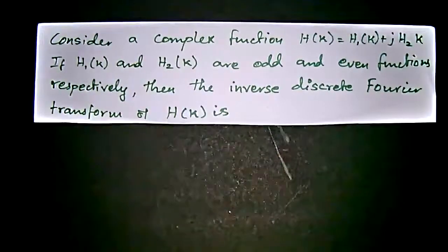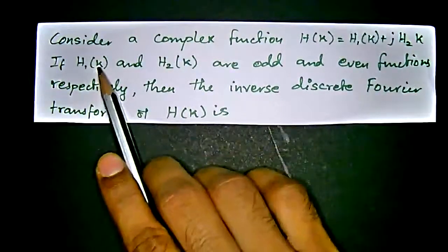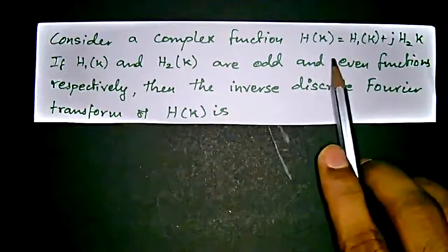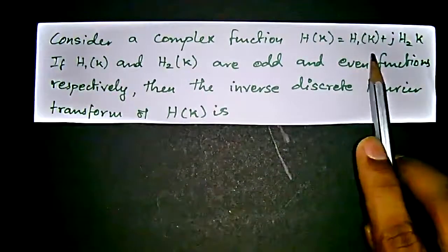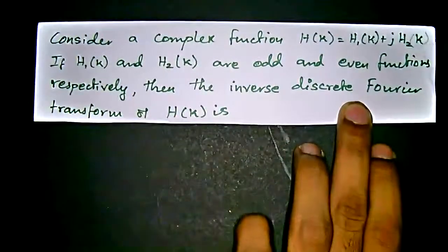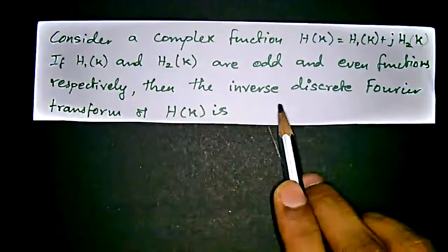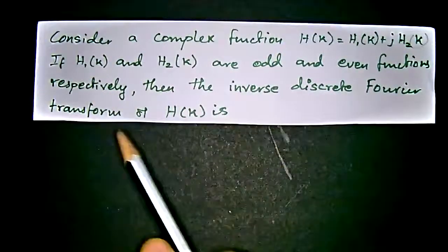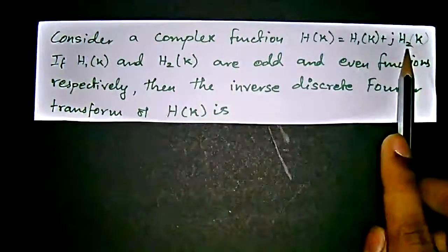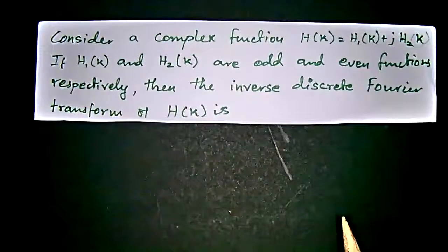We will see how to apply the theoretical concept to a problem. Let's consider a complex function h of k, which is equal to h1 of k plus j h2 of k. If h1 of k and h2 of k are odd and even functions respectively, that is h1 of k here is odd and h2 of k is even, then the inverse discrete Fourier transform of h of k